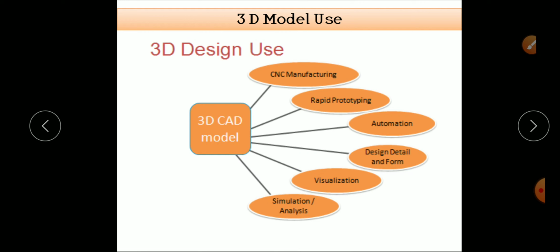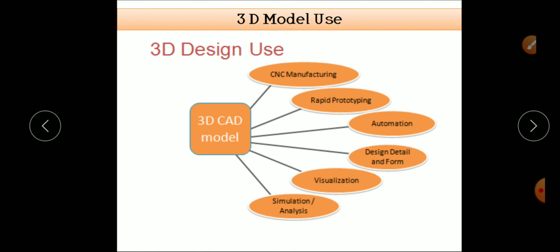Uses: CNC manufacturing (computer numerical control manufacturing), rapid prototyping, automation, design detail and form, visualization, and simulation analysis. So what is the use of 3D design? This slide shows the use of 3D design before finalizing the component.